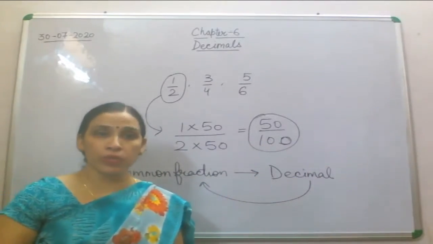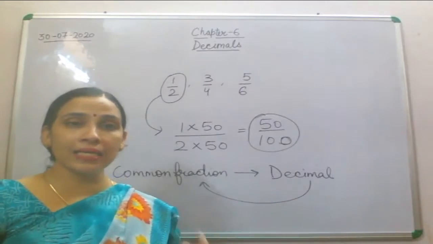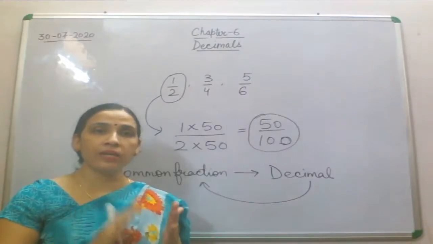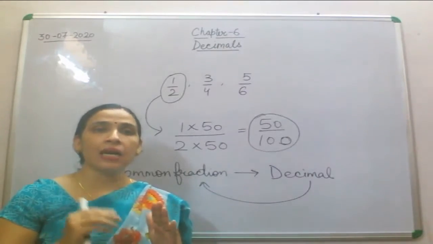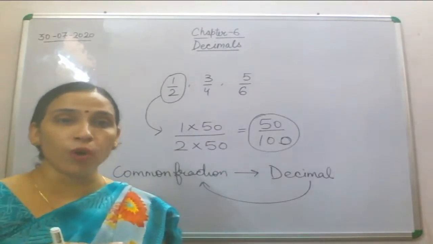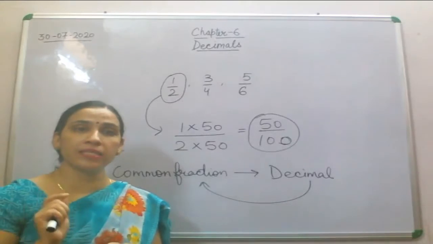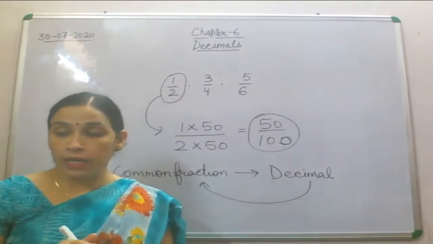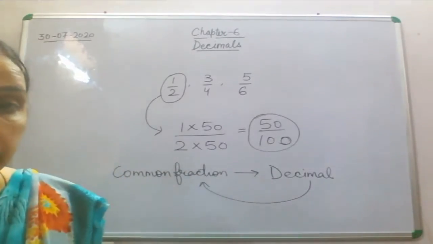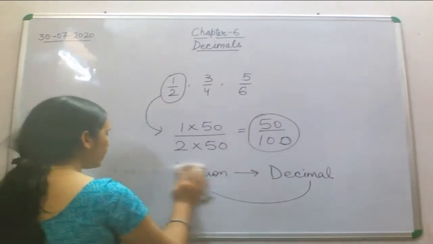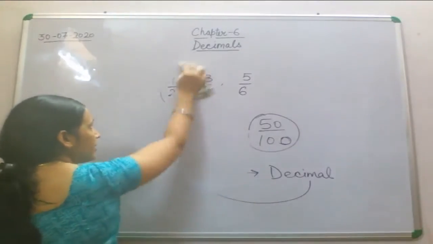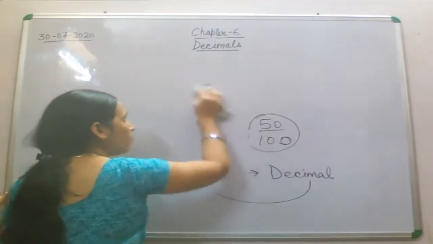Now one thing you have to take care of whenever we are changing to decimal. We have places, which we write as tenths, hundredths. One's place is not there in decimal form. That one's place is taken by the point. Now we'll find out what a decimal is and how we represent it. Another important part of a decimal is that it is represented with a point.